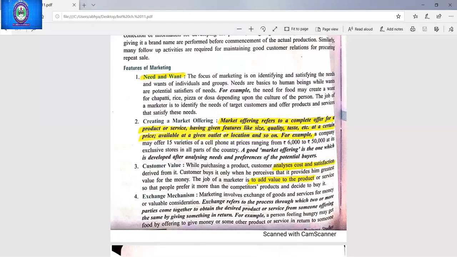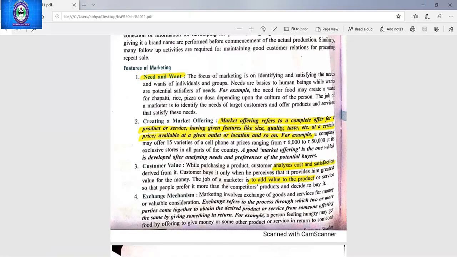Complete offer for a product or service means whenever a seller is producing any product, then he will be offering it to the market with the complete features, complete information, like the product will be available in which sizes, what will be the quality of the product, what will be the taste of the product, at what price the different sizes will be available, and where the product will be available, what will be the location or the outlet where your products will be available. All these things are to be told to the consumer in advance so that they can go to the market